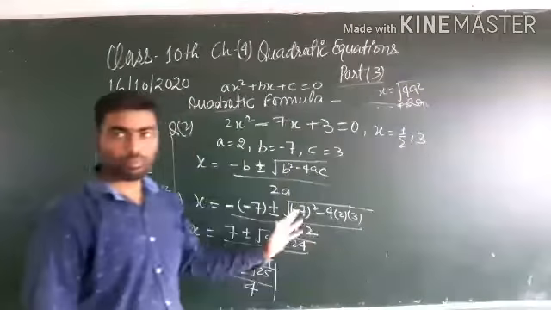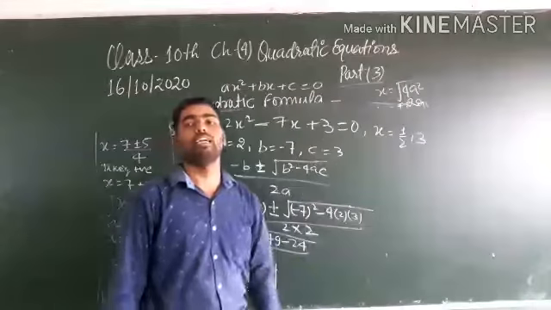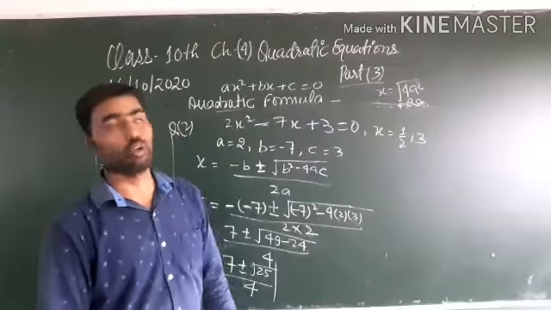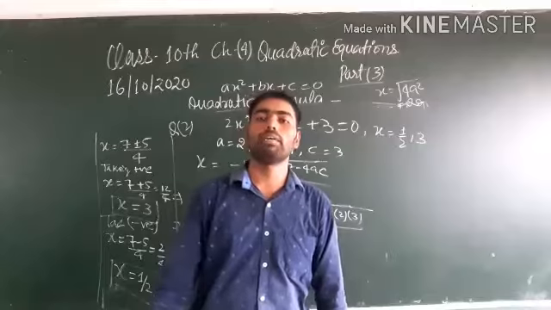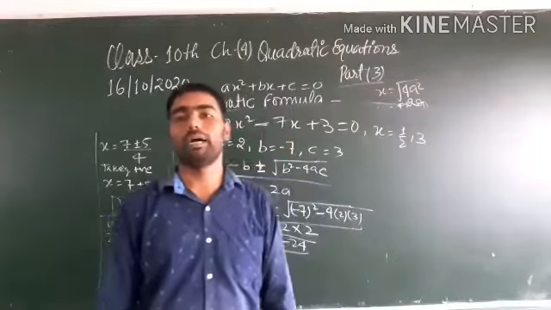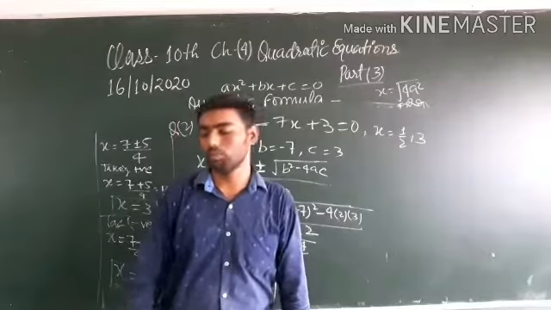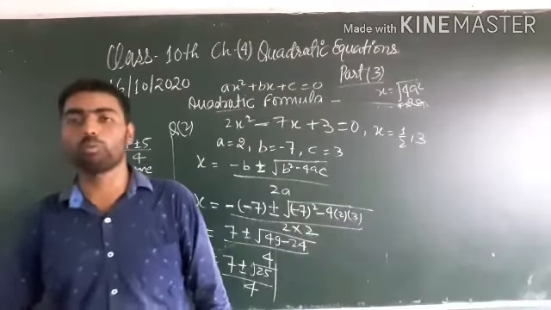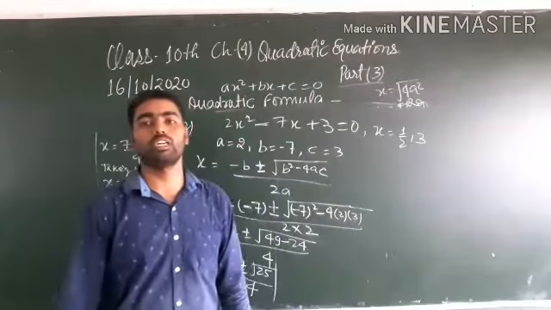So there are two methods, and you can also find the value of x by the factorization method, that is, splitting the middle term. So this is the complete explanation of the quadratic formula, the method of completing the square, and the factorization method, that is, splitting the middle term. So you can solve every question of exercise 4.3. So further proceed, please pause the video and note it down. Thank you.